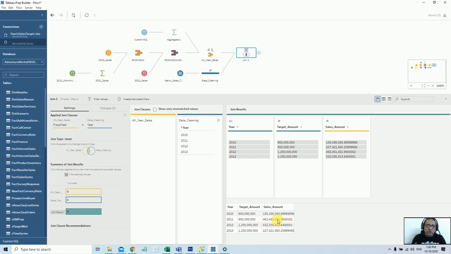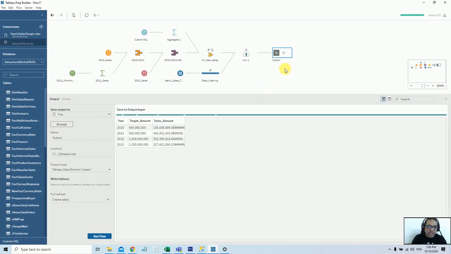So now if you want to load it, you can generate it into a file, Excel file, CSV file, any text file, or you can directly load it into the database. So let me quickly load this information into a data source, a database. How can we do this? Just click on this plus sign and add an output. As soon as you add output, it will give you an option whether you want a file, published data source, or a Tableau hyper file, database table. So it's up to you.